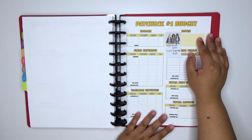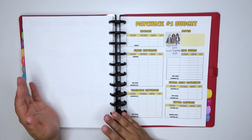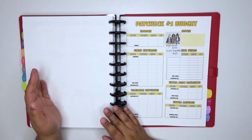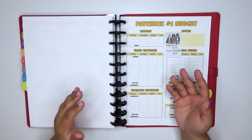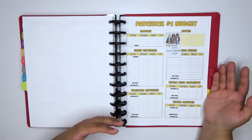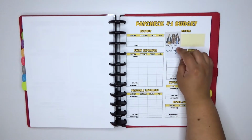But I thought about going back and amending the monthly budget, but it was unbudgeted. I wasn't planning on it. I didn't know I was going to receive it, although it is my fault that I wasn't paying attention to my pay periods that much. So it was kind of a weird, do I include it? Maybe I'll put it in September, make September a 3-paycheck month, but I thought that would just be kind of weird. So I'm going to be putting my paycheck number 1, which I technically got in July because of how I was getting paid,